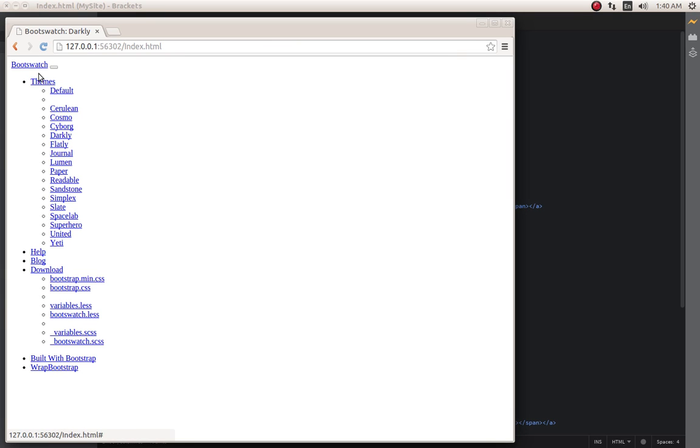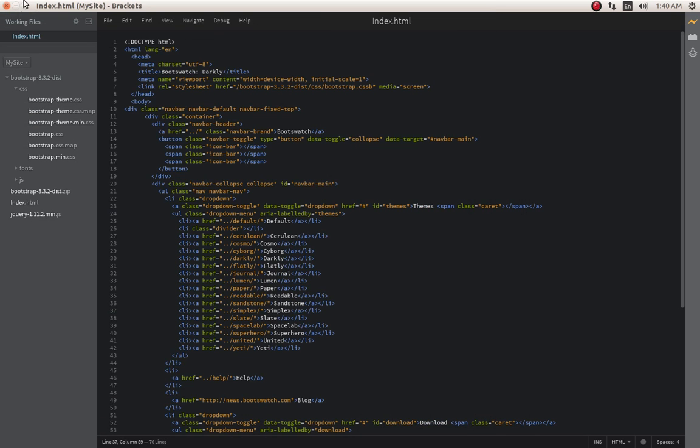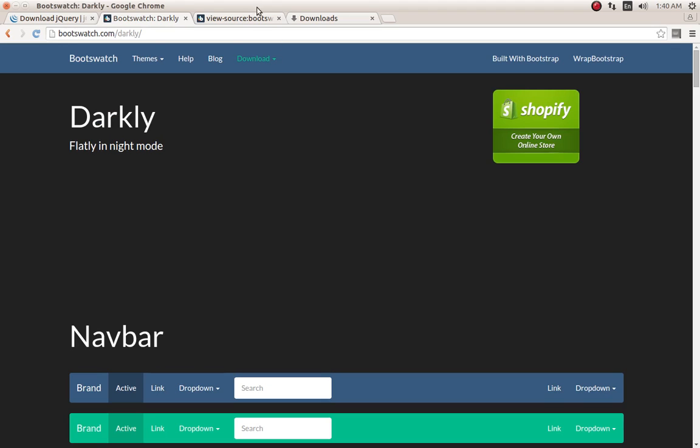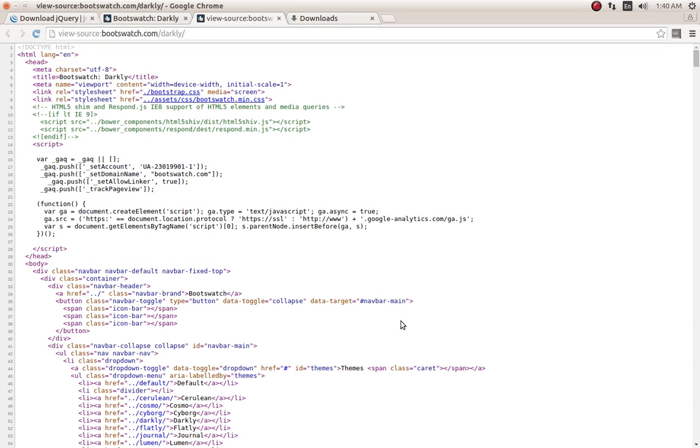Okay, now you see this. This is how it looks now. The actual designing is not here, because I did not include the CSS of Bootswatch, and some of the script files which they need. If I go and download the bootswatch.min.css, okay, if I take this,